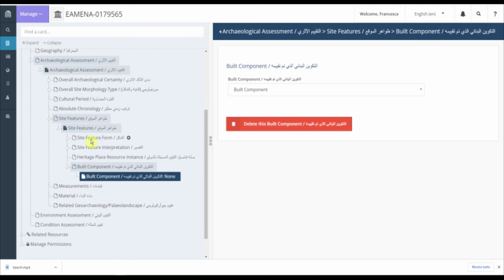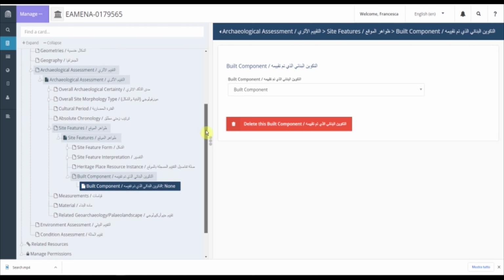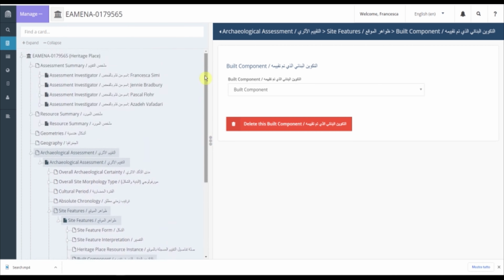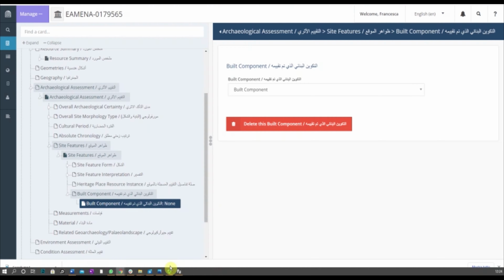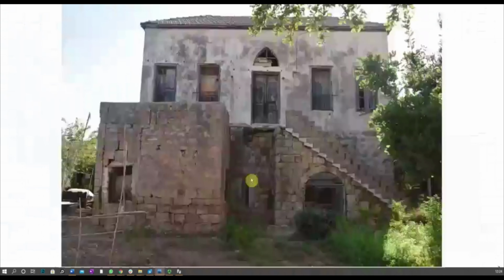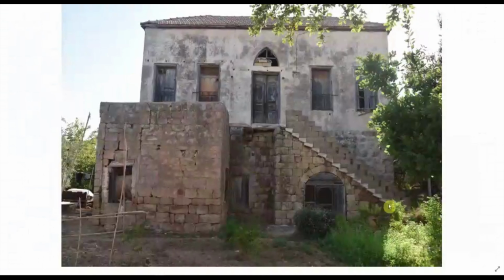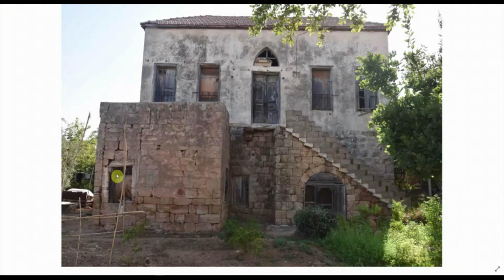This is a record that was recorded by the Quba Coastal Survey in Lebanon, and is a record for a house that I can show you. This house has many build components, and in this case, I'm going to focus on the stairs, the external stairs here.